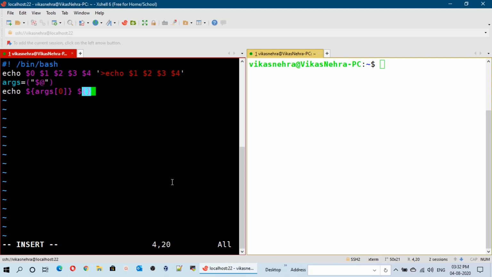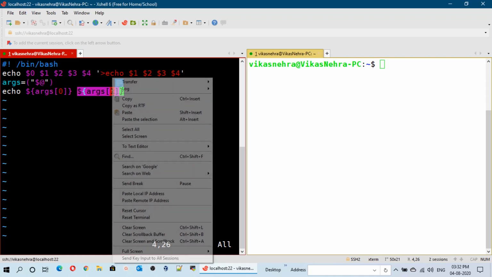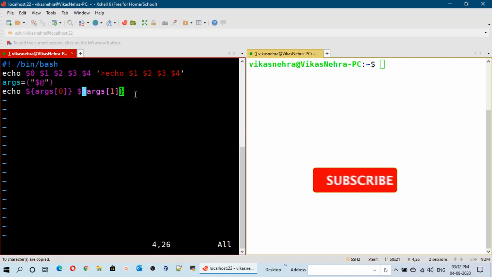We will follow the same process which I have shown you in the previous sessions when I have shown you the method of defining the arrays. args, and in the square bracket we will mention here 1, and in the similar fashion we will use for the second array. For the second argument, let me copy and paste.